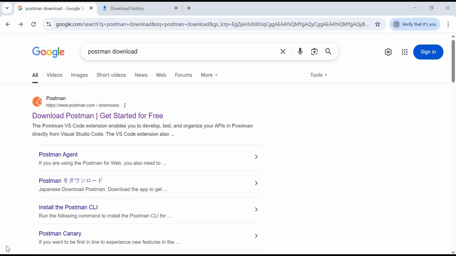Today in this tutorial, I will show you how to download and install Postman on your system. After installing, I will show you a quick tour of the Postman user interface so you can get familiar with the tool. Let's begin. Open Chrome browser and search Postman download and then click on download Postman, get started for